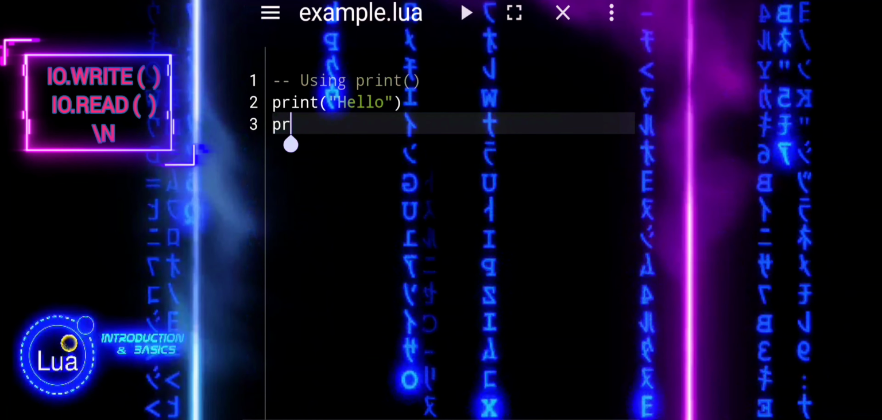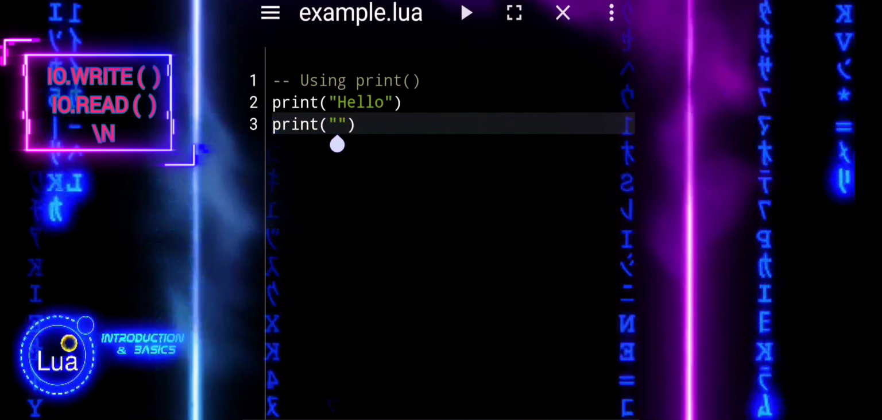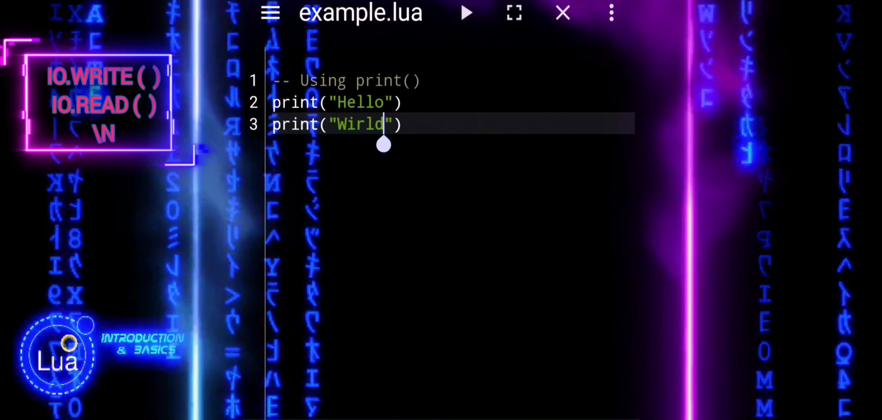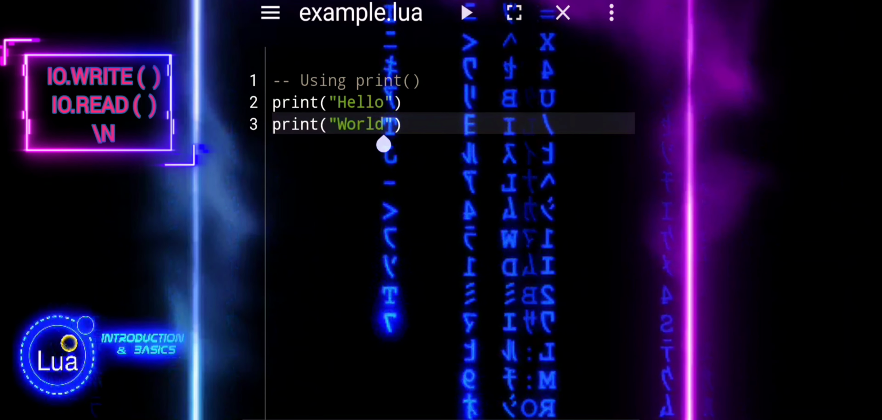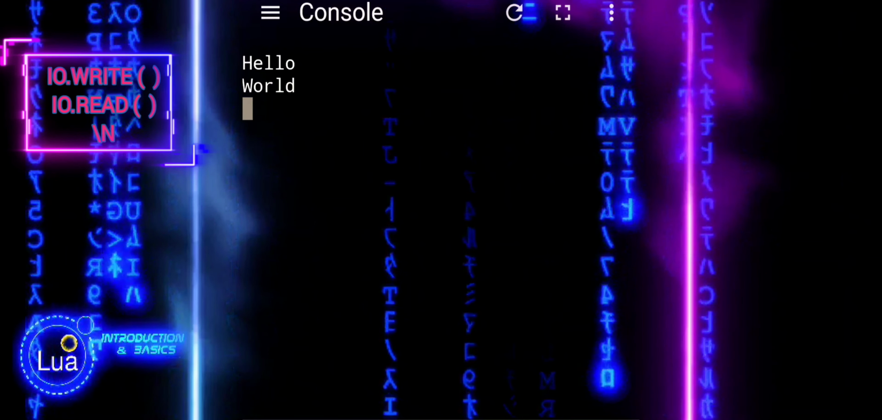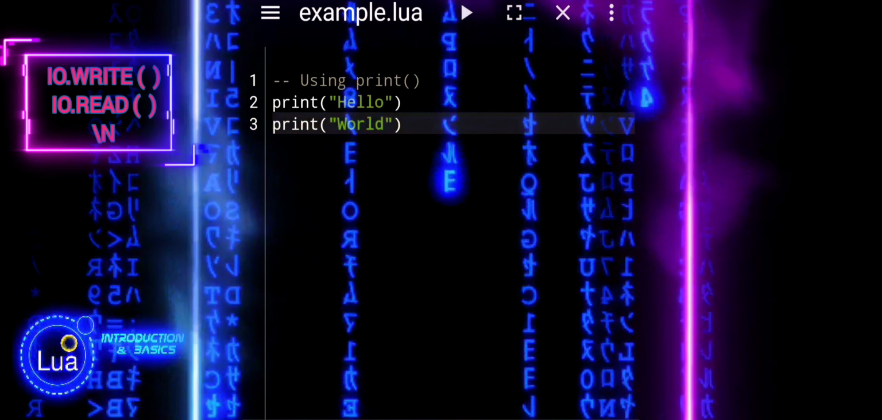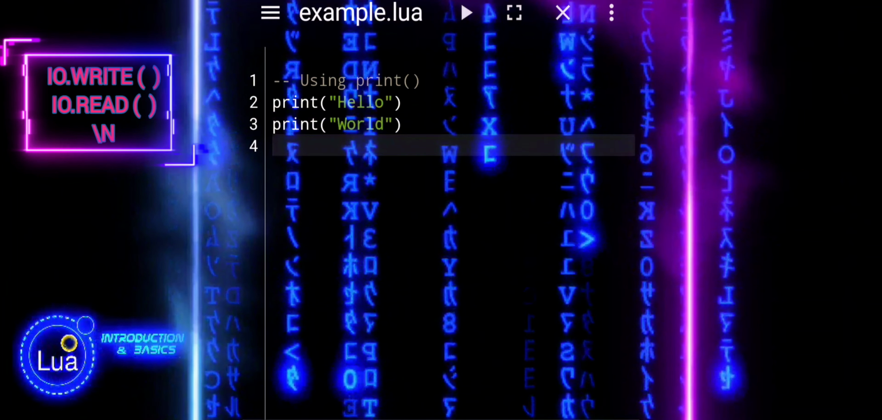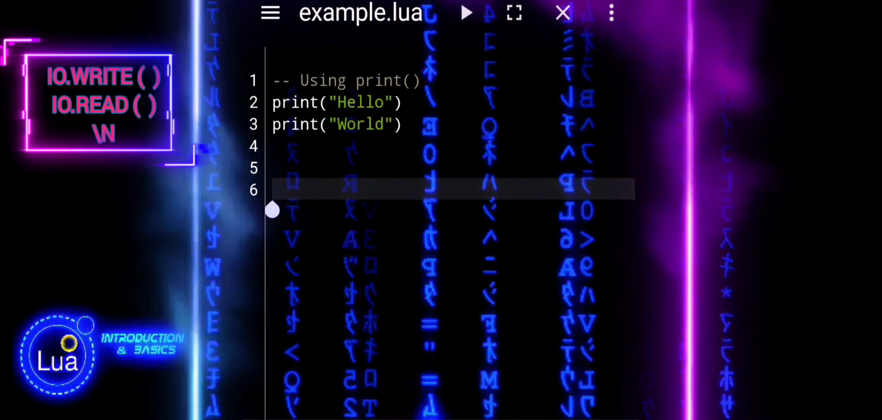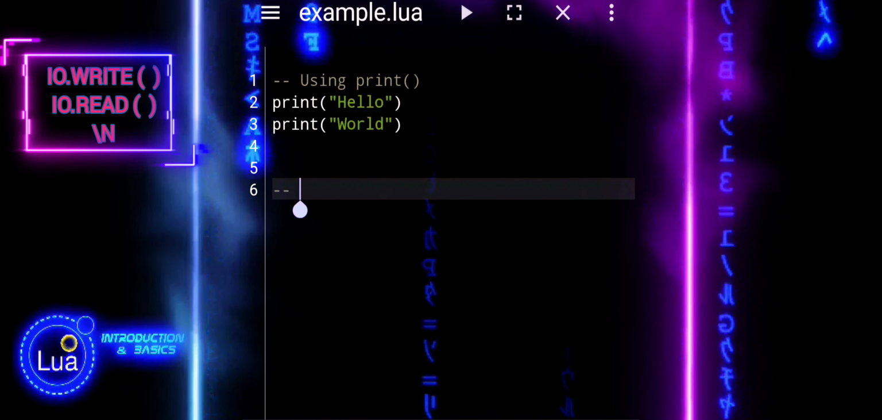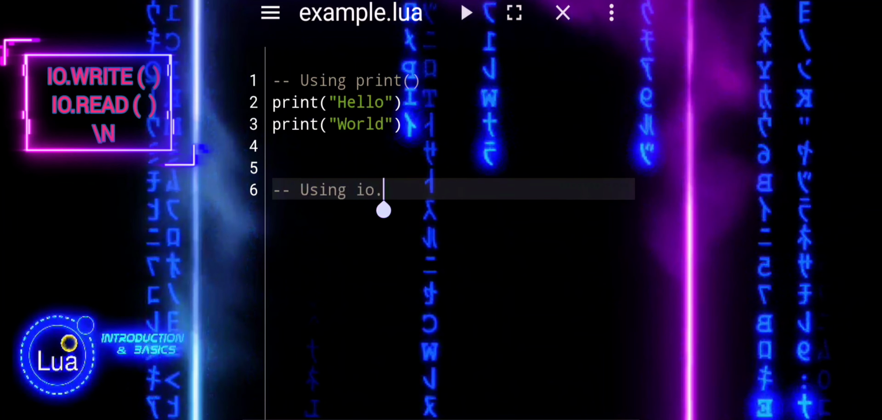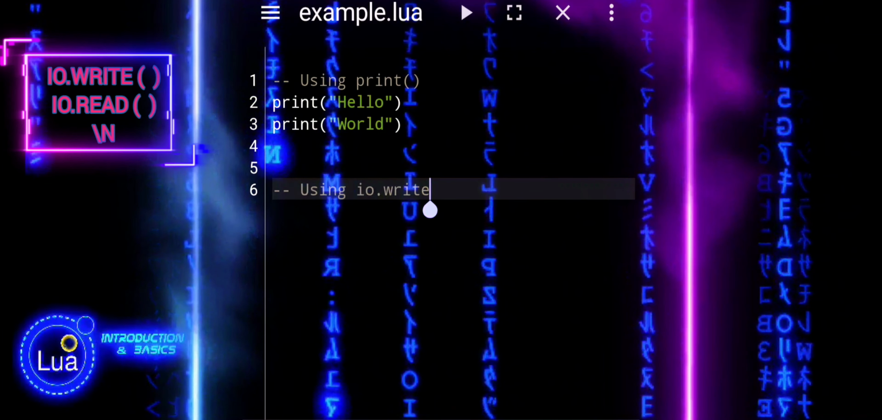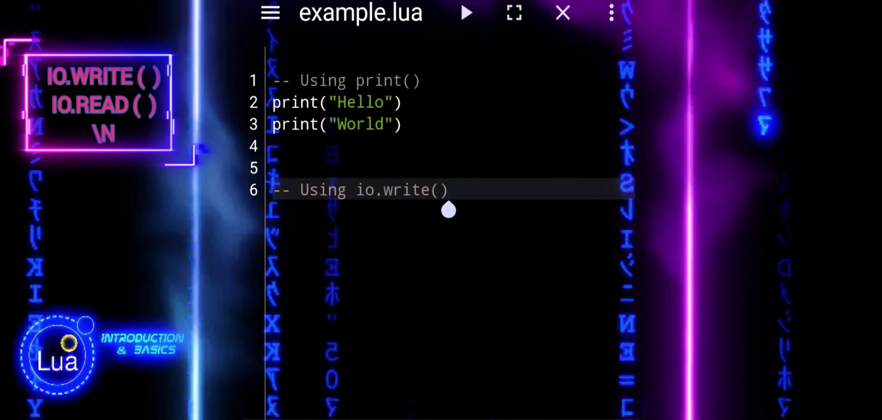While both print and io.write are used for outputting text to the console, there's a key difference between them. Print automatically adds a new line character after each output, making it convenient for displaying separate lines of text. On the other hand, io.write does not automatically add a new line, allowing you more control over the formatting of your output. This subtle difference makes io.write ideal for scenarios where you want to display text without starting a new